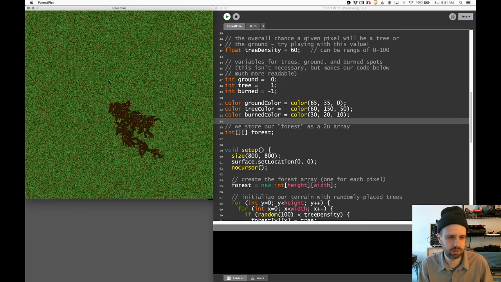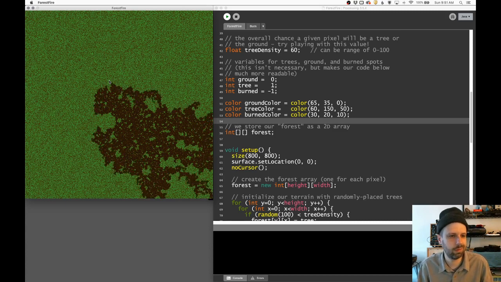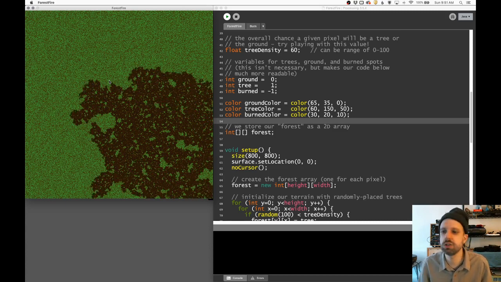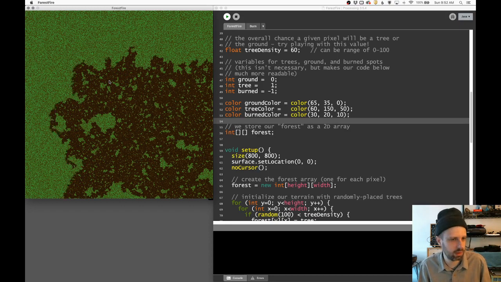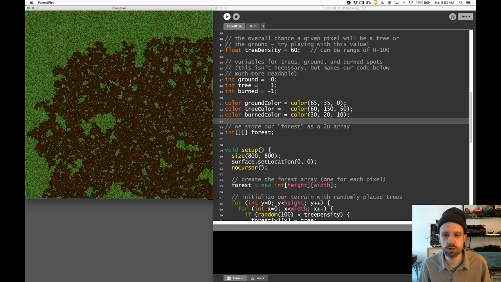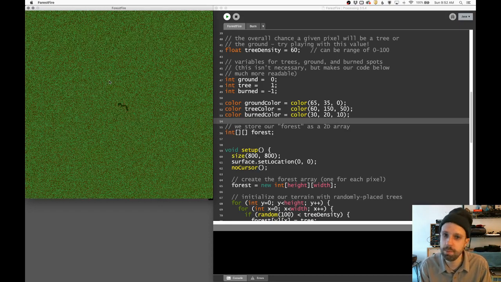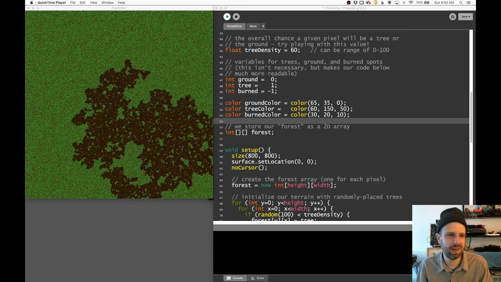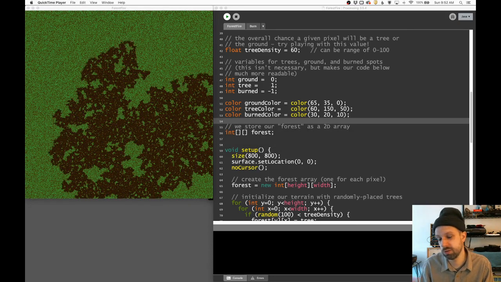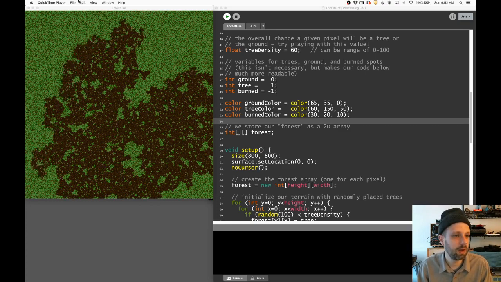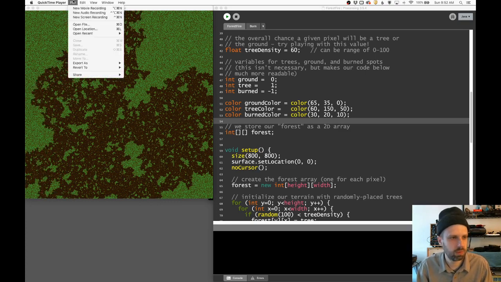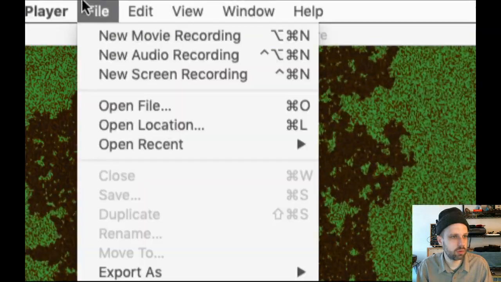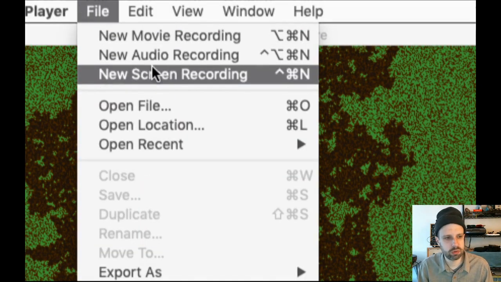So this is the forest fire example from an earlier video, and this is generating this really nice simulation of a forest fire here. And I want to be able to record this. A really quick and dirty, easy way to do this on a Mac. So this is where this gets a little trickier, depending on what platform you're on. You would use different software. But on a Mac, if you open QuickTime Player and go up to File, New Screen Recording,